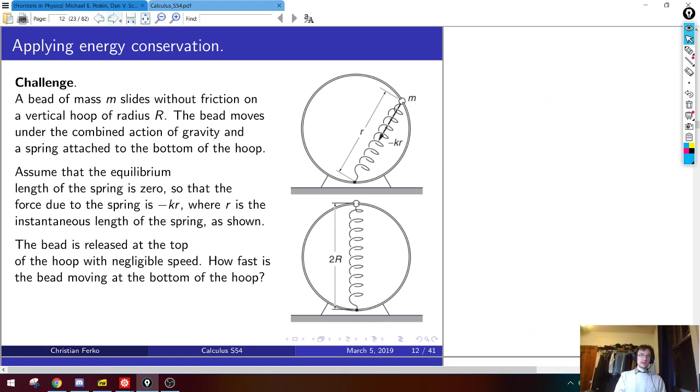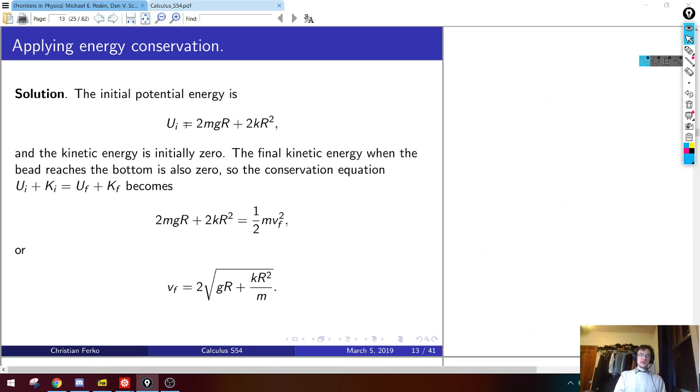Right, so let's see that one more time. As you told me, the initial potential energy, since it's at height 2r, is 2mgr. The spring potential energy was a half k times the quantity 2r squared. 2 squared is 4, so that's 2kr squared. Initial kinetic energy is 0. Final potential energy is what I should have said. The final potential energy at the bottom is 0, because it's at 0 height, and the spring is not stretched.